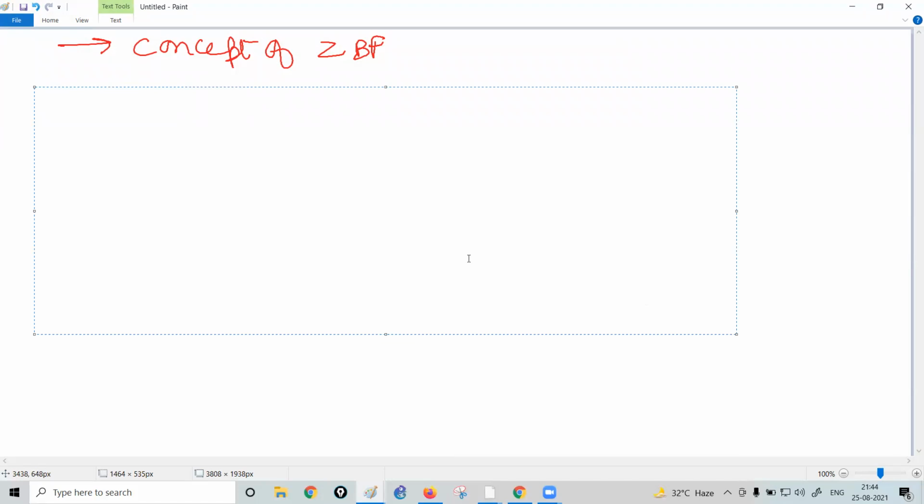Basically, zone-based firewall has a concept. It says that we have to divide the router interfaces into zones, and this configuration needs to be done manually. Now, what does it mean?